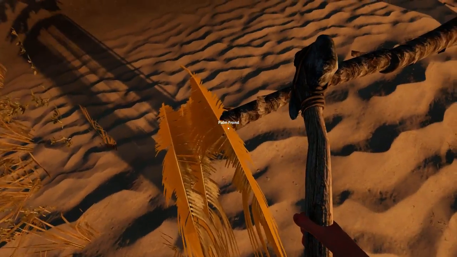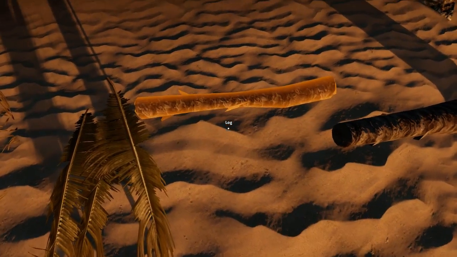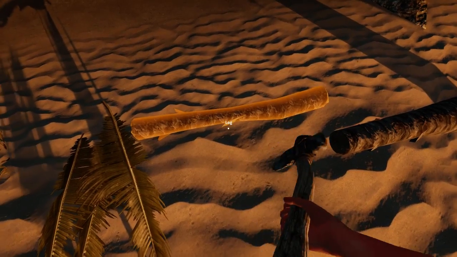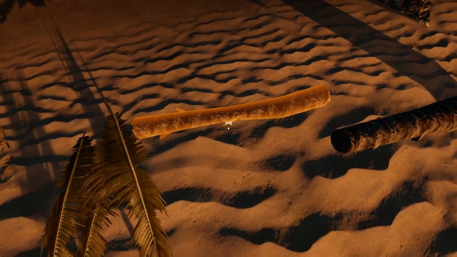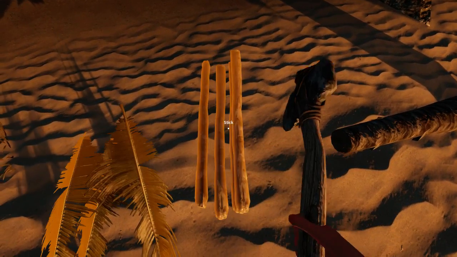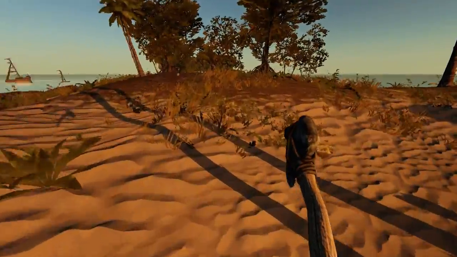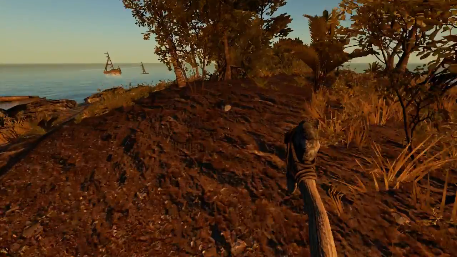Now, I think 4 of these is enough for a bed, but I think I also need 4 lashing. It might be 8 logs, but I'm not sure. Okay. So let me go ahead, and I need to get more lashing, which means I need to find that